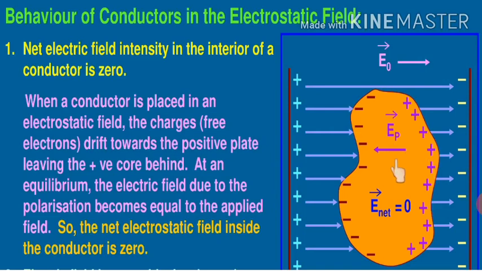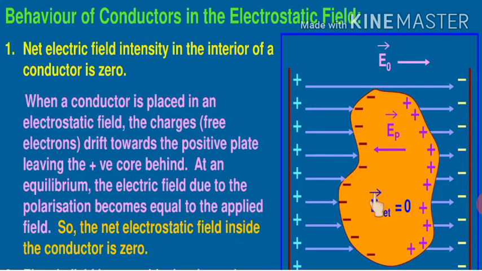So inside the conductor one more electric field, EP, is there, which will be in this direction. One external electric field E0 is in this direction, EP is in the opposite direction. So the net electric field will become what? 0, because they are opposite in nature. The charge will keep on moving until EP becomes equal to E0, and when it becomes equal to E0, the net electric field inside the conductor will be 0.